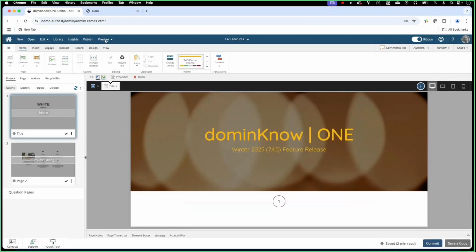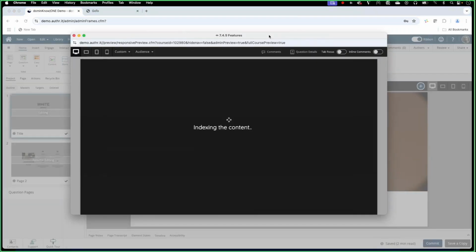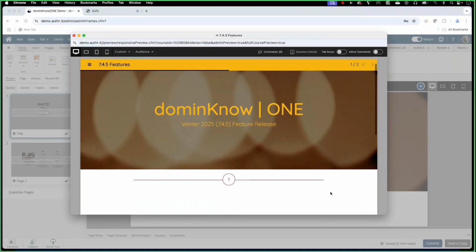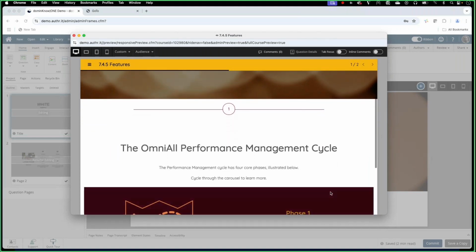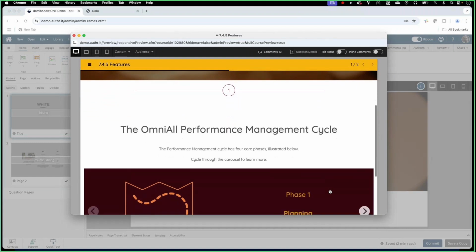And I'll pop this back in a full project preview and give you a glimpse of what that's all about. So watch down the bottom of the page as things are scrolling into view. You'll see a very small, very subtle, but the content carousel is probably the most dramatic experience of that.